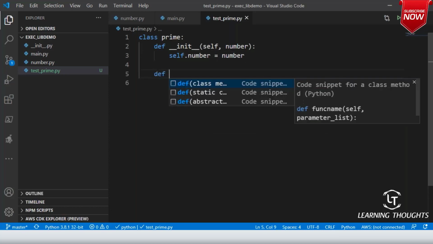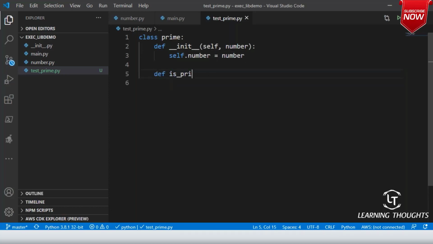Now I am writing a method is_prime(self). I'm not worried about the code here because we have written this code a hell of a lot of times: how to find out whether a number is prime or not. And whenever I'm naming this class, it should be capitalized.